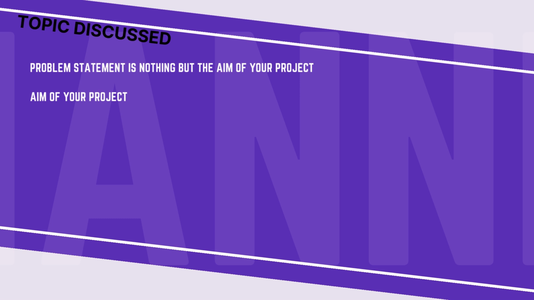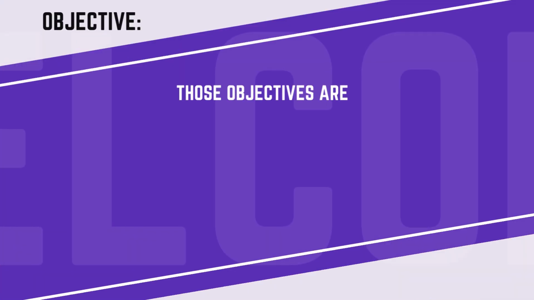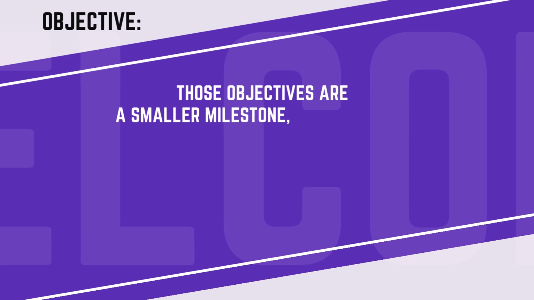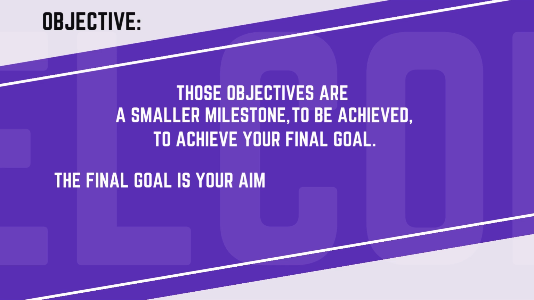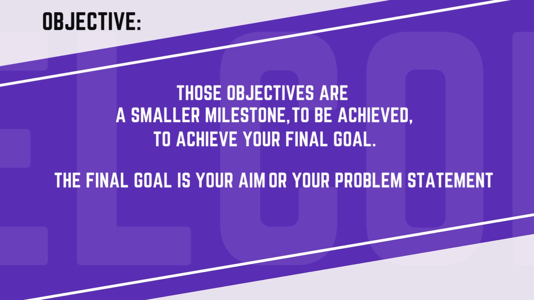We had also discussed that to achieve the aim, we need to identify the objectives. Those objectives are smaller milestones to be achieved to reach your final goal. The final goal is your aim or your problem statement. So as an example, we will take this mini project which my students had done, and today